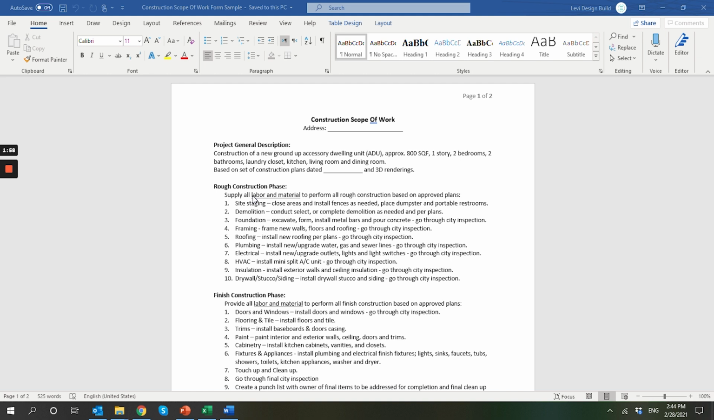Phase 1, your rough construction, which is going to include your site staging, as you can closing the areas and install fences, dumpster and portable restrooms if needed, demolition, if there's any demolition needed, foundation, which is the excavation for creating forms, installing rebars, pouring the concrete, framing of walls, floors, roofing, and so forth. Roofing, installing the new roof,